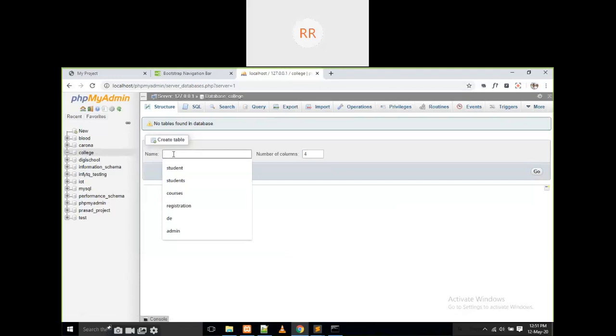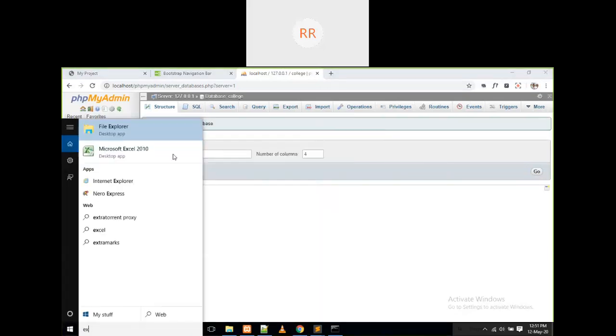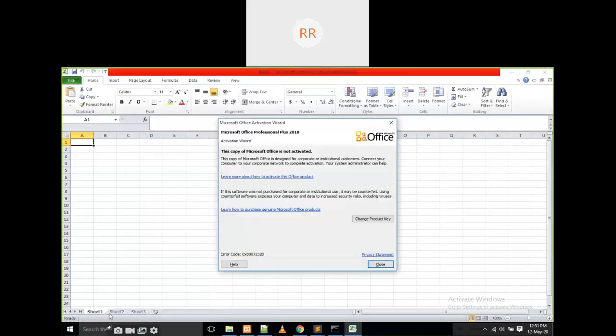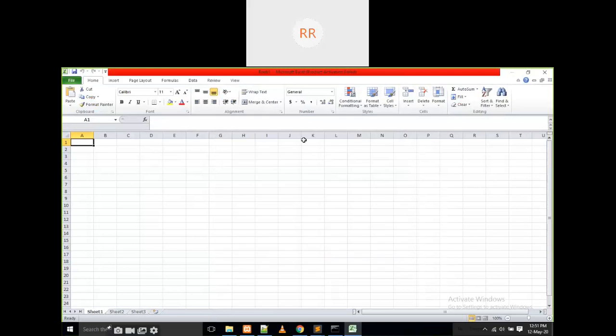And it is asking me to create a table. For example, there is some Excel sheet, and in that Excel sheet there are a number of columns.